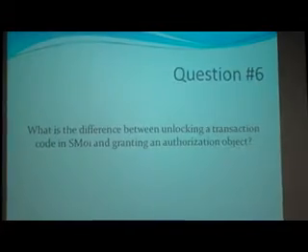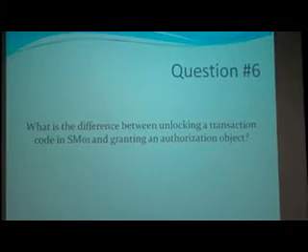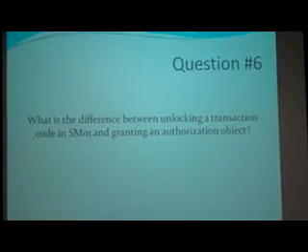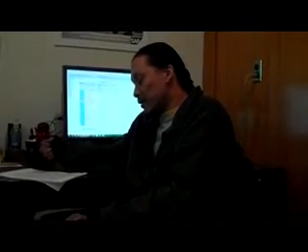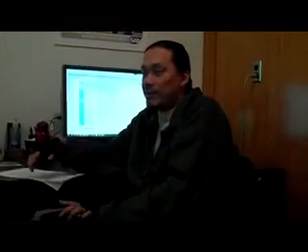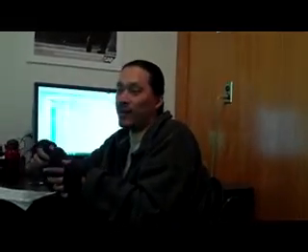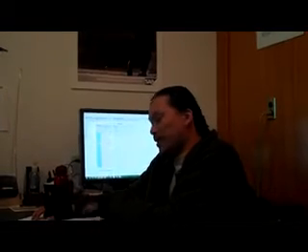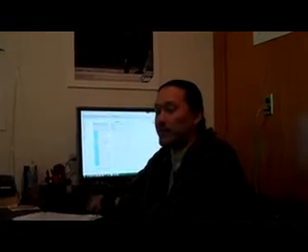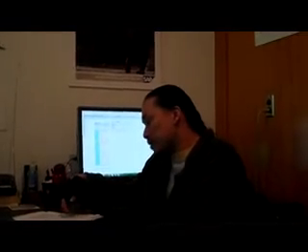profile. Question 6, what is the difference between unlocking a transaction code in SM01 and granting an authorization object? Well, SM01 allows or prevents the transaction from running regardless of the authorization object. It's kind of like a front door. If SM01 has it locked, then nobody can run it. Even as a super user, if it's locked, you can't run it. And if it's unlocked, then theoretically anybody can run it. But when they try to run it, that's when the authorization check occurs. SM01 is system wide, so it occurs on all the clients if you lock it. And then